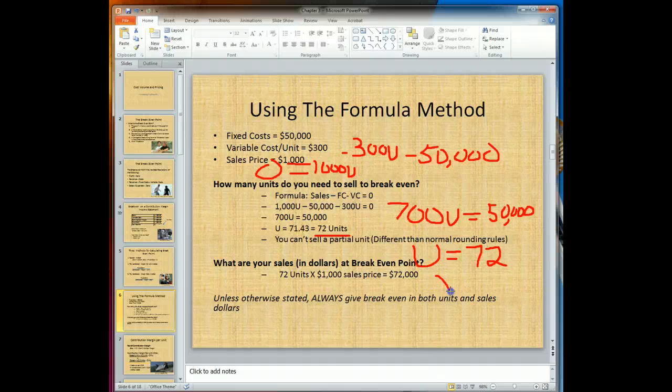So if you take the 72 units, which is how many of something we sold, times the sales price of $1,000,